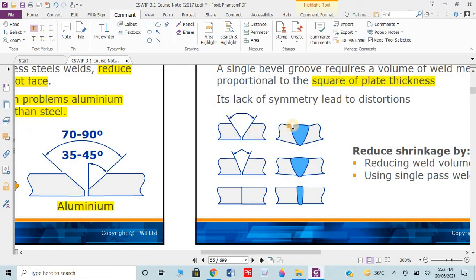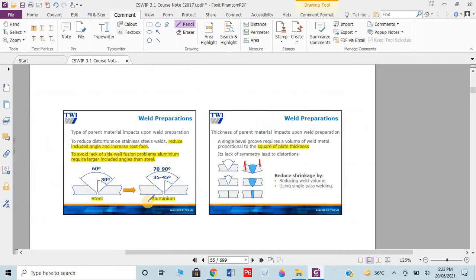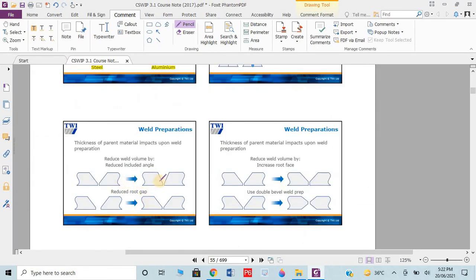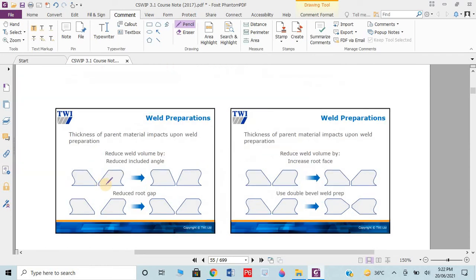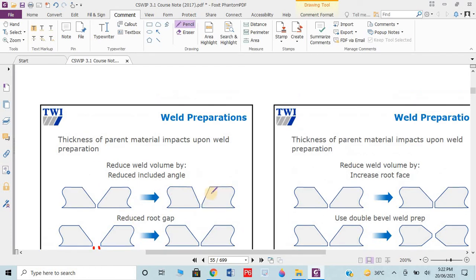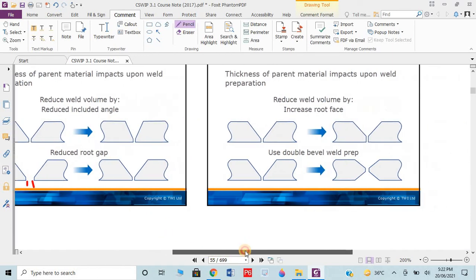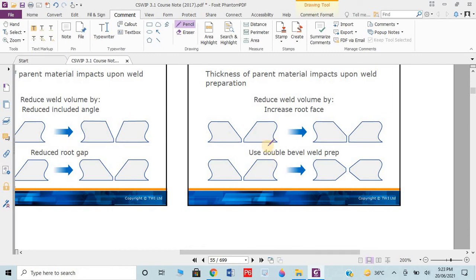If the V angle is too wide, then shrinkage could occur from both ends. If it is too low, then also shrinkage. So we need a proper gap and proper thickness, etc. If there is too much root gap, then we need to reduce it properly. If the angle is too much, we need to prepare the angle properly. Excessive root gap and angle could make a problem.